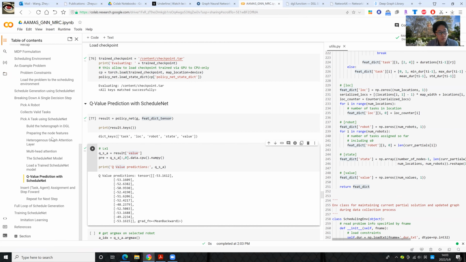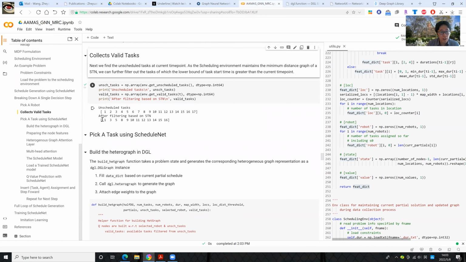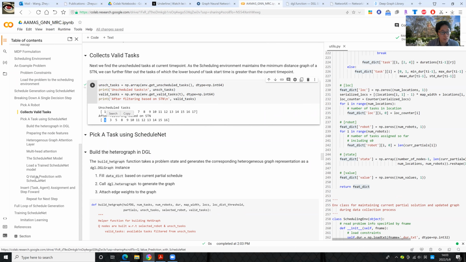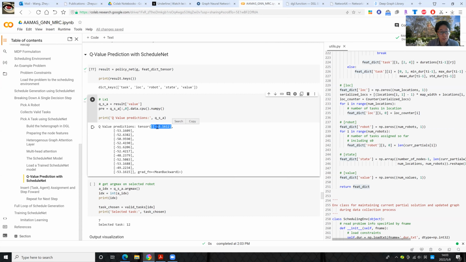So for this example, the predicted Q values are the following for each valid task. Those numbers align with the valid tasks. So we can know that the Q value for assigning task 1 will be minus 53, and the Q value for assigning the next task will be this one. Once you have these Q values, you can select the task that has the largest Q value,